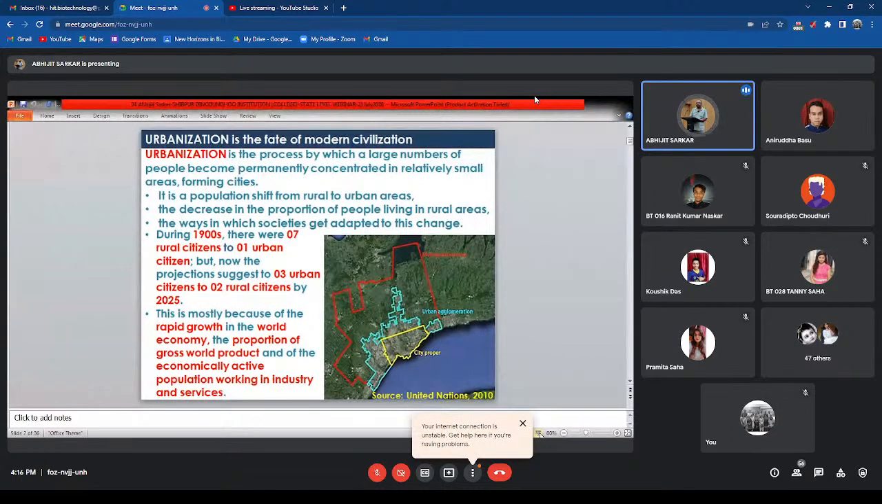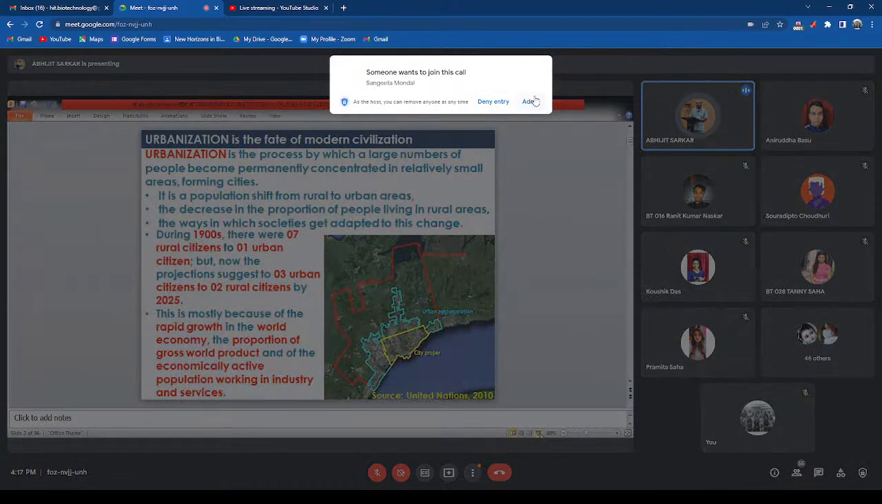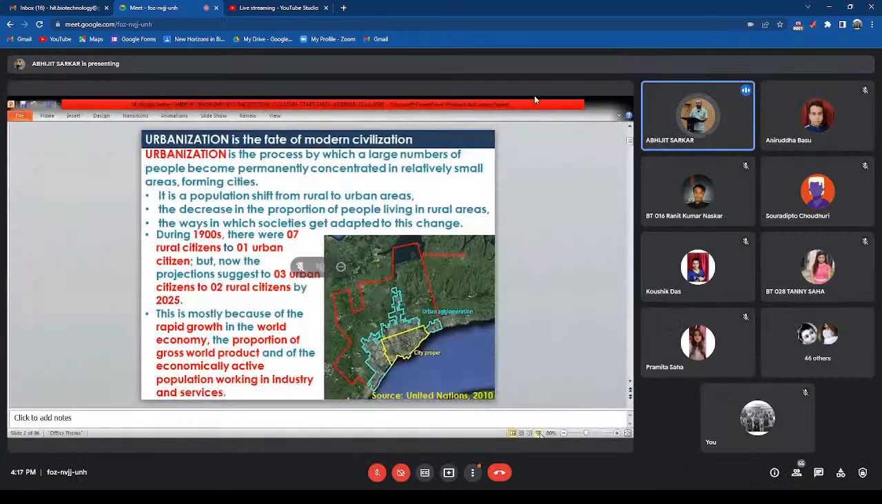So first thing, whatever we are facing with this civilization at present is the extensive urbanization. Now, if we put it in a definition frame, urbanization is the process by which a large number of people become permanently concentrated. The term concentrated is very important. Concentrated in relatively small areas and forming cities. This is actually a textbook definition. I have just copy pasted it from a UN